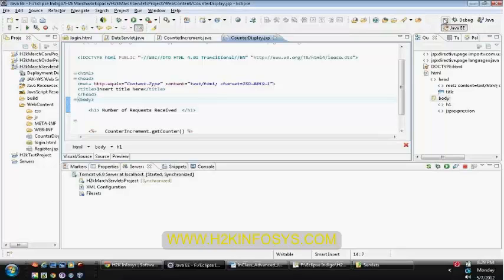So the information that you have specified is said to be at request scope level. It is only useful for one round trip, one request and response purpose. It is not at all useful for subsequent calls.